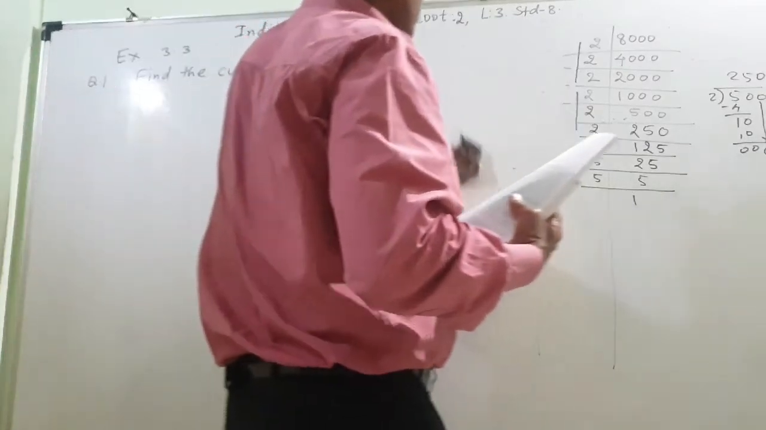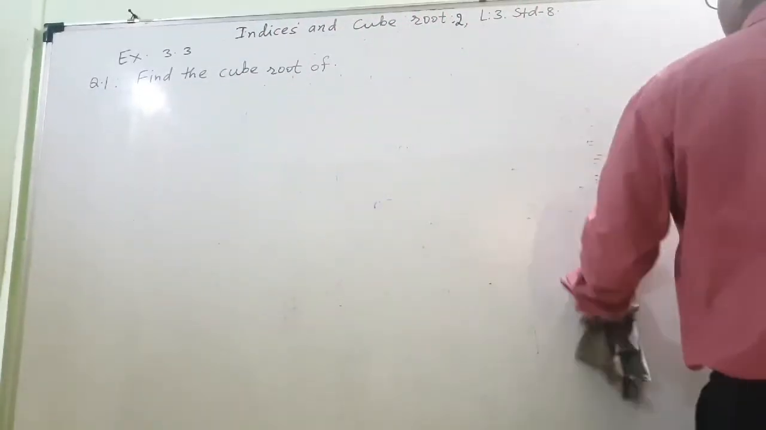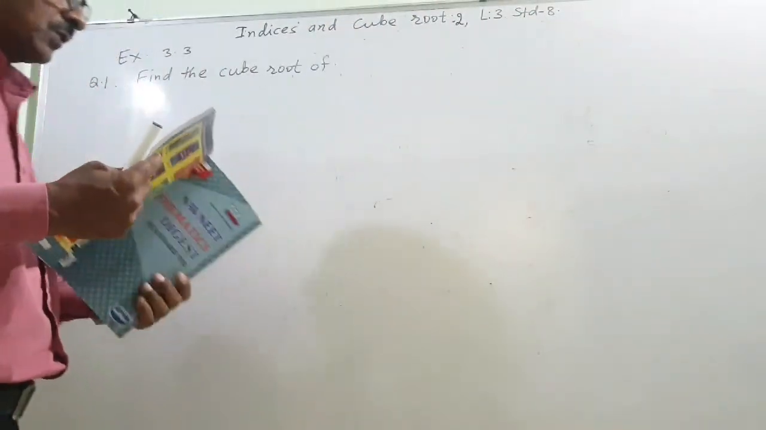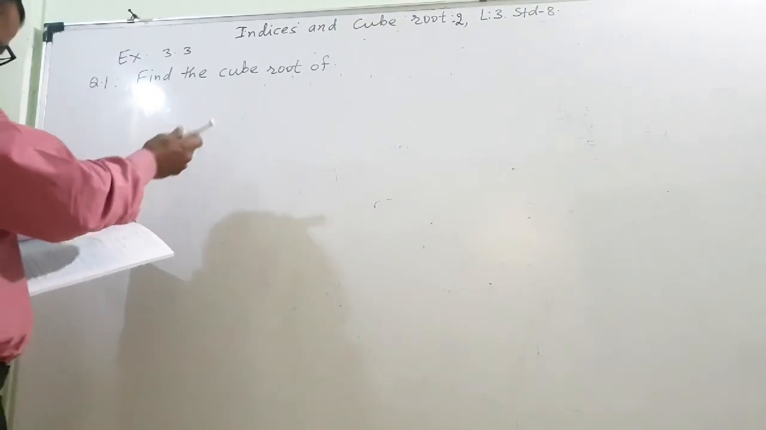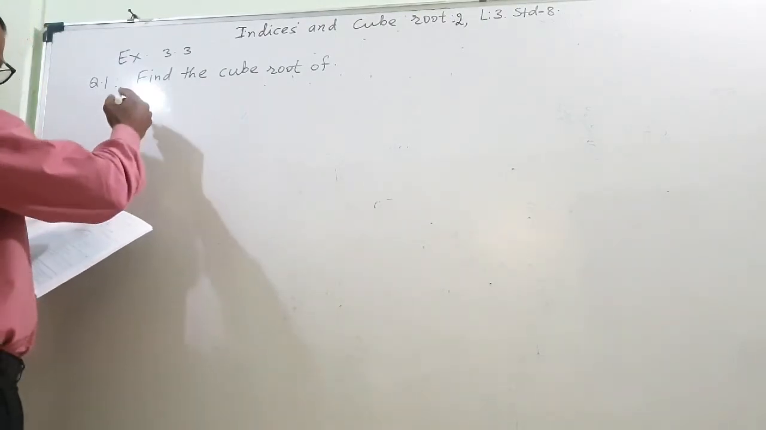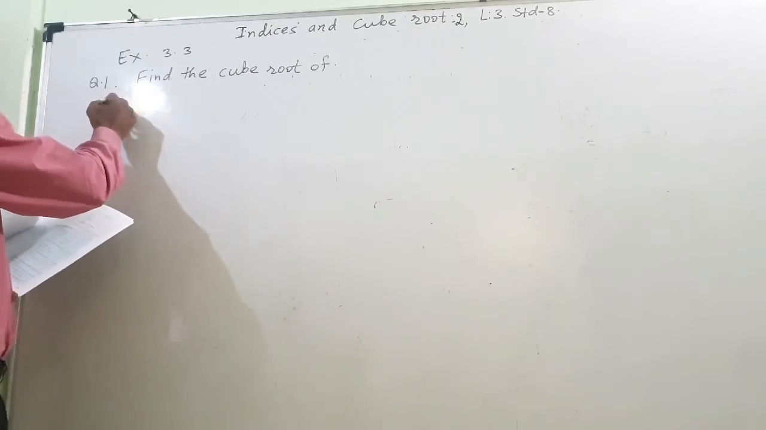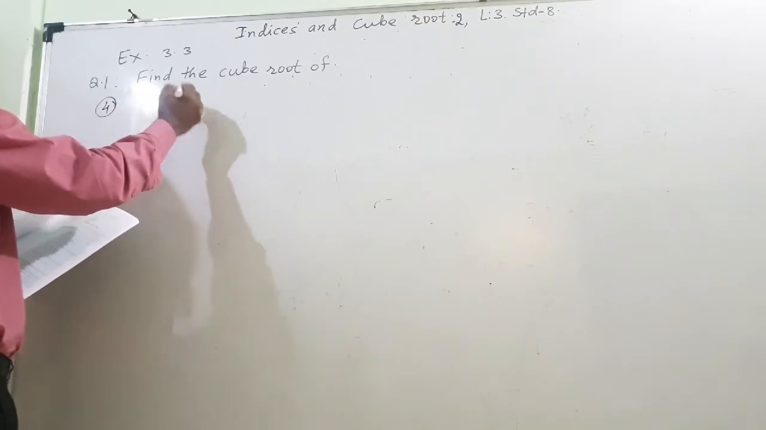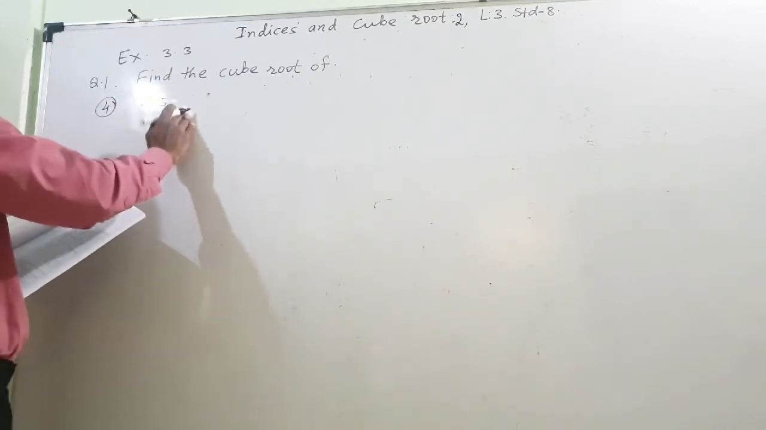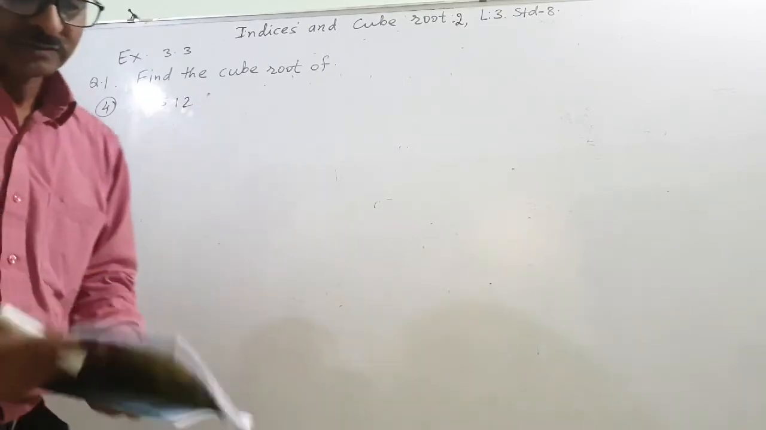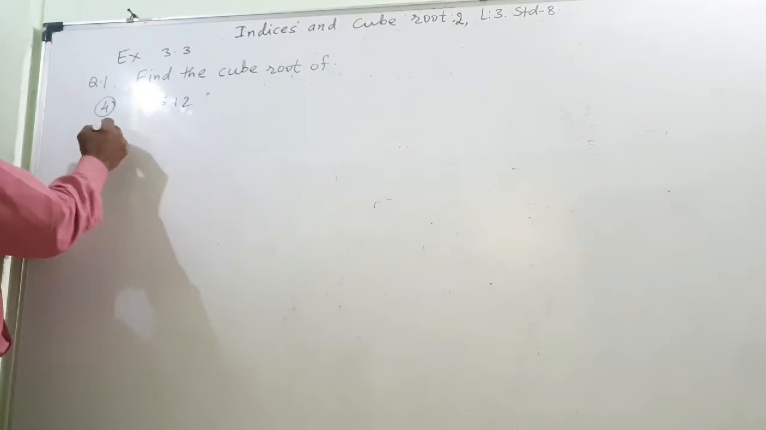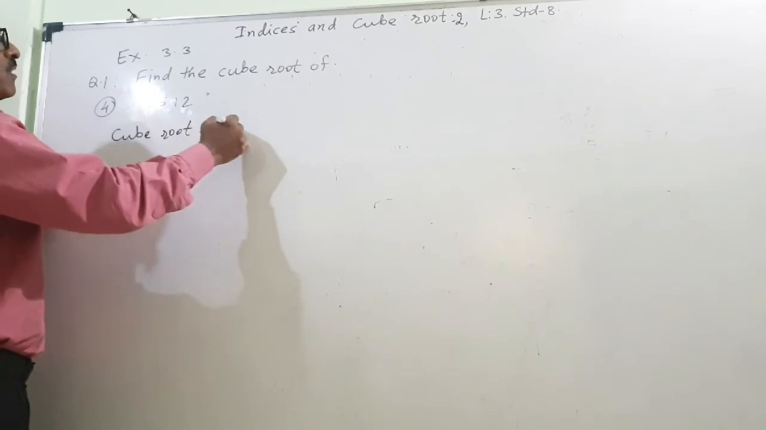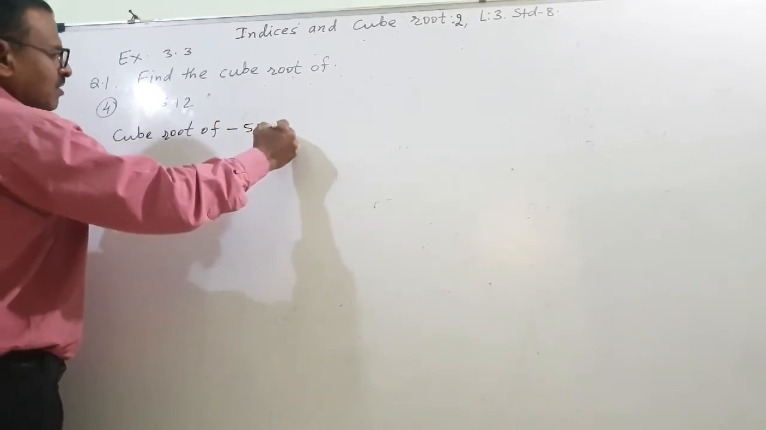Now I will take another example of this. I will take the fourth one. Minus 512. Here I will write cube root of minus 512 is equal to minus